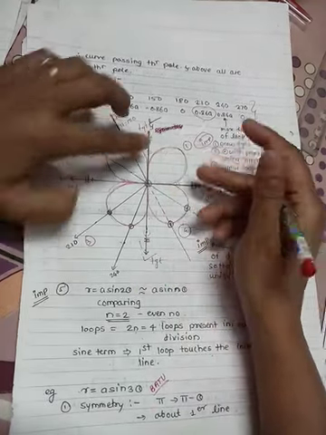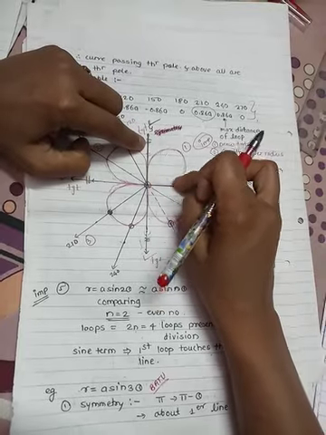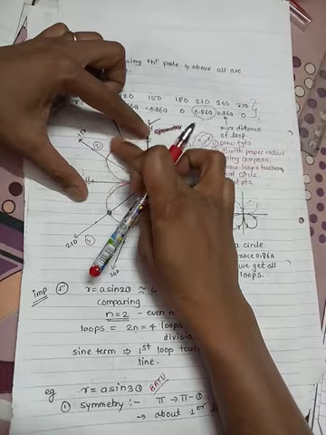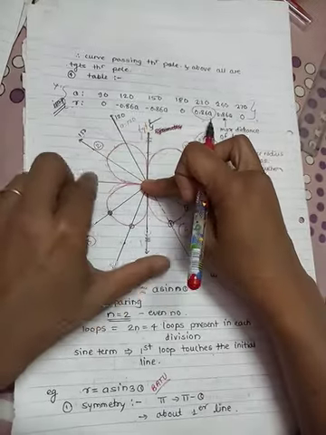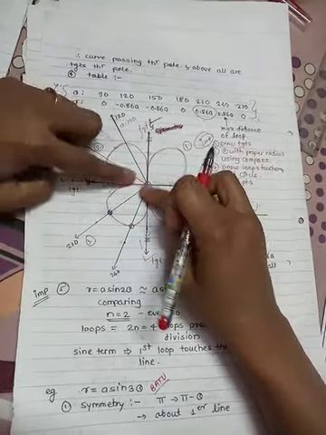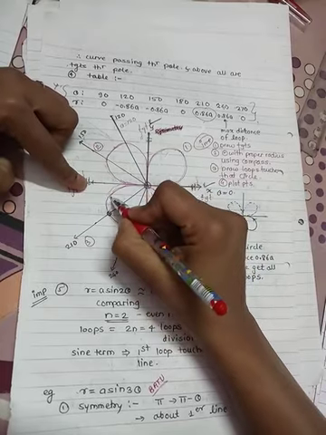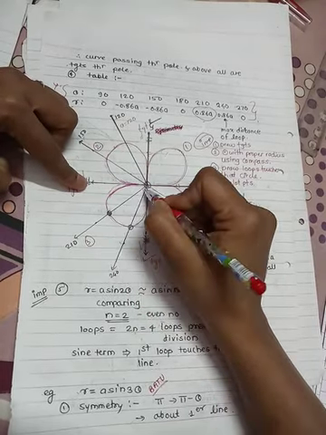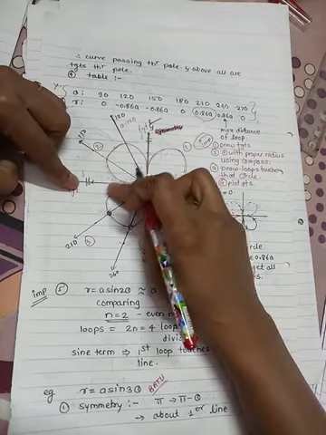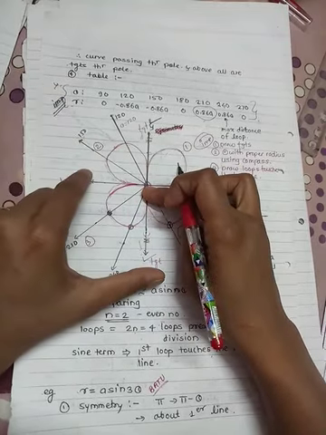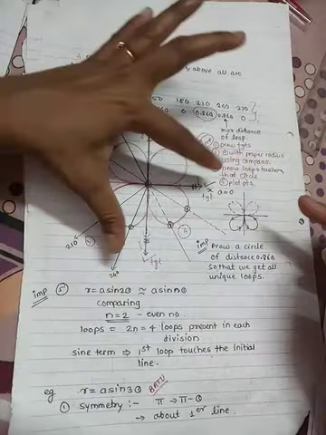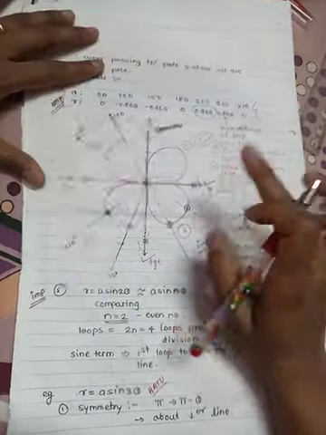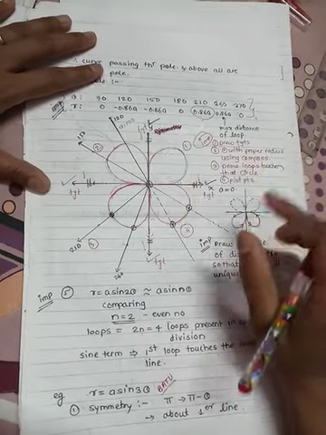So first loop is in first division. So this is your first loop in first division. In second division, second loop. In third division, as these are your tangents, so we have to touch that loop to these tangents. Touch that loop. In third division, this is your third loop. In fourth division, this is your fourth loop. So these are your number of loops.